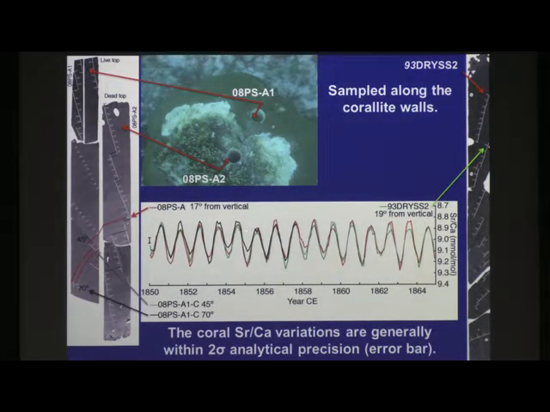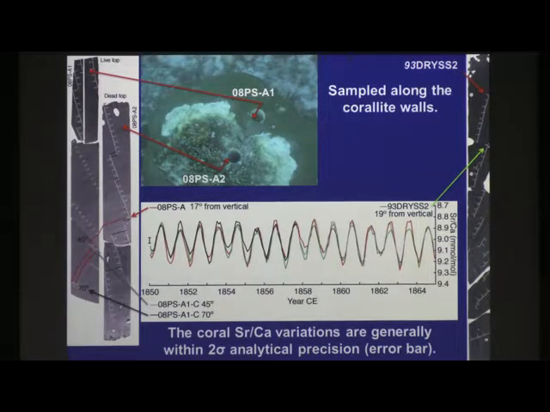The red lines are the samples from the almost vertical path from the dead top core, the 45 degree is the gray lines, and the black lines are the 70 degrees. For comparison, I've also plotted the green lines from the dry SS2 coral. In this section, they're almost vertical as well. Here we do not see any mean shifts between the four paths, and that variability is within analytical precision for all four of these paths. This gives me confidence that I can use sampling paths that are off vertical throughout my reconstruction.